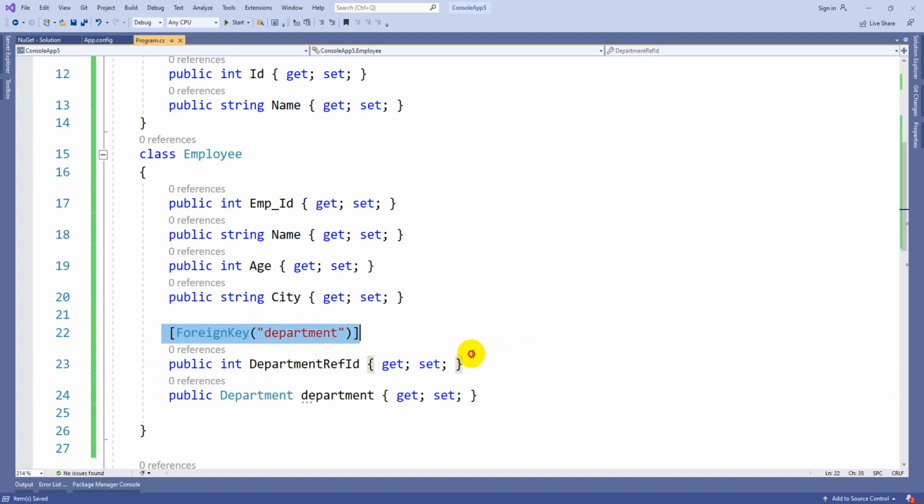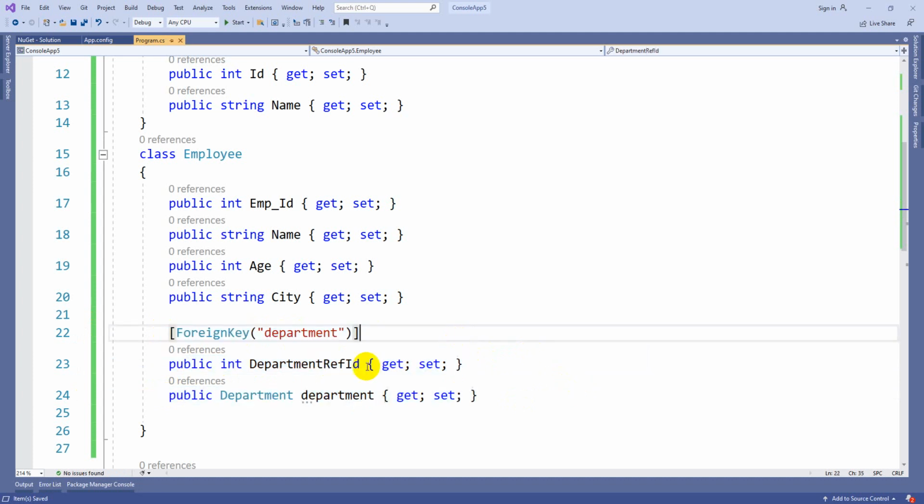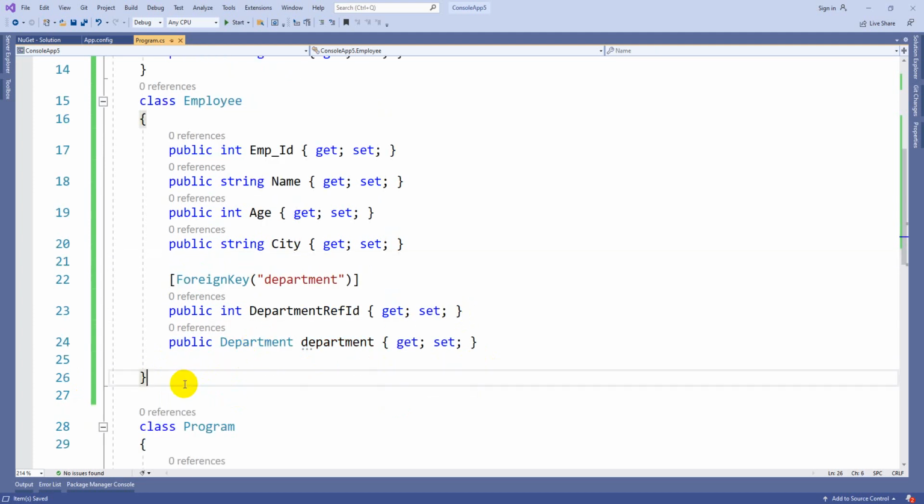So with the use of these two, the system will create the foreign key mapping. This is nothing but taking the reference of department to the current table. We pass this as a foreign key to this particular column. In the diagram you won't see this because this is just a mapping. So this is the original foreign key attribute mapping. This is how we can create foreign key mapping.